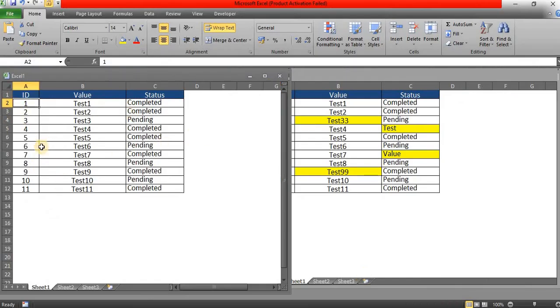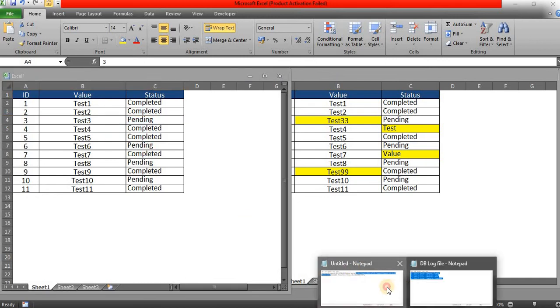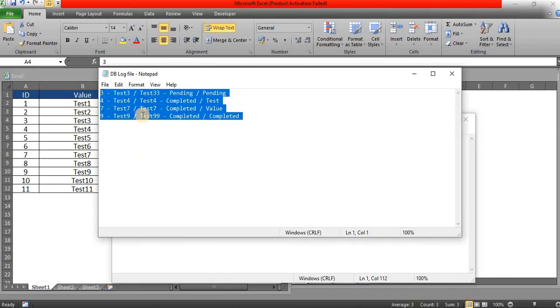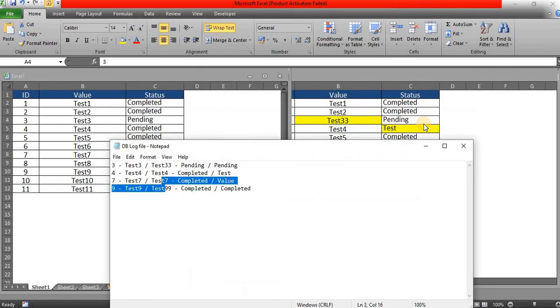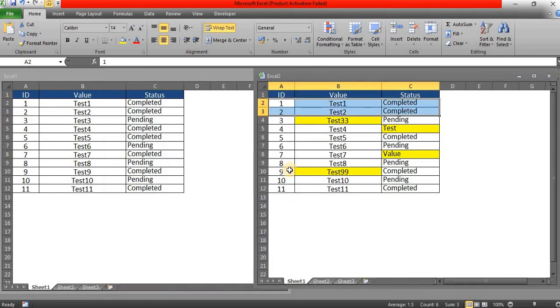So here the first column referring to ID number, which is not row number. Here I am capturing the ID numbers. The first one is for ID number 3 and ID number 4, ID number 7 and ID number 5, ID number 9. So there is a mismatch. 4 rows are mismatched with the Excel 1. Like the same, you can compare between the Excel 2 and Excel 1, vice versa. You can compare anything using the below methods.